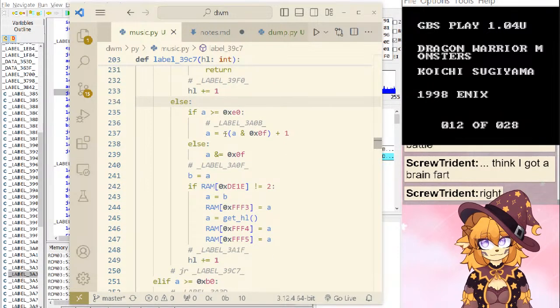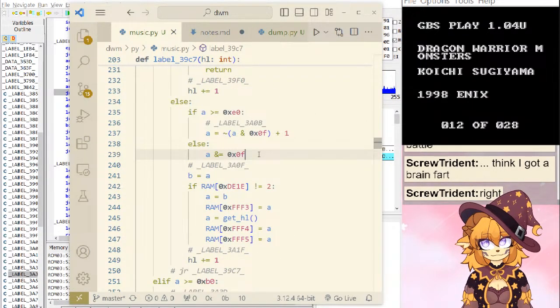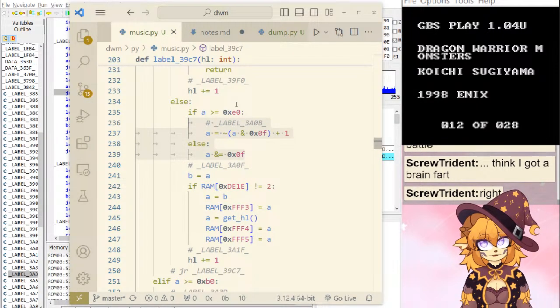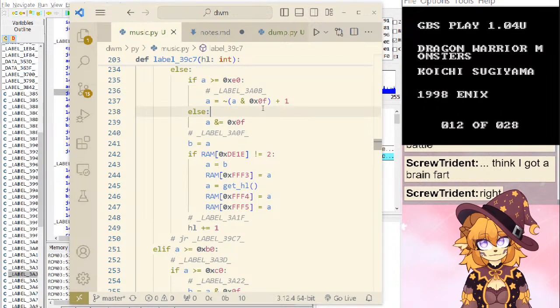Okay, so for E0 and D0, A is still the command, right? So E0 should get an interesting version of the number. What are we doing with it before I start saying anything? In both these cases we're using the lower nibble of the command byte.